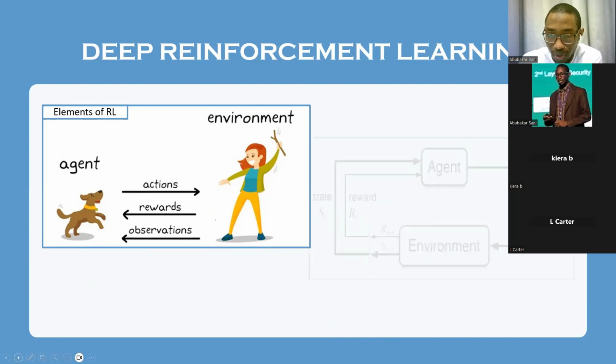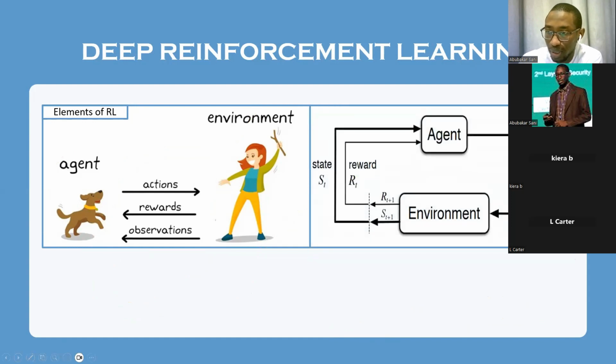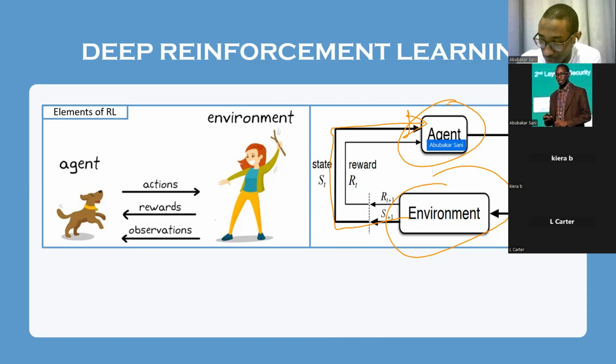Okay. So this is how these things are connected. You have the agent and it's interacting with the environment, and the environment will give some observations, which is ST. In this case it is the throwing of the stick, and based on that the agent will take an action AT. Then once the environment is happy or sad with the action, it will reply to the agent telling it that you did a bad job, and that's the reward RT.